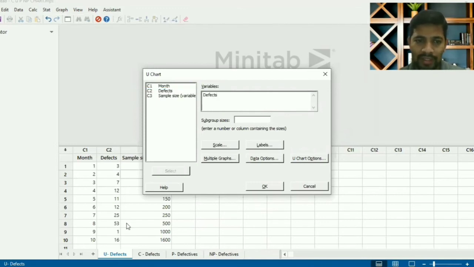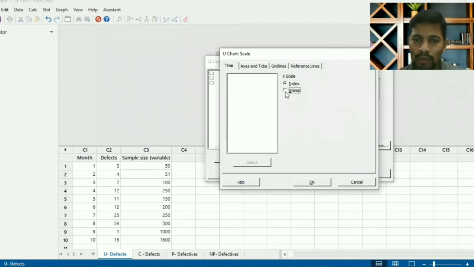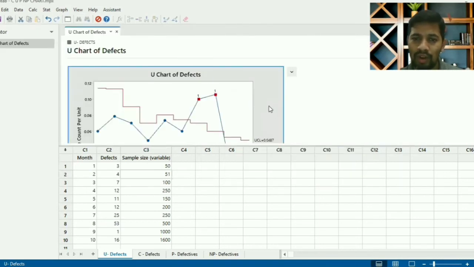These are all my defects. Subgroup size, since it is variable, I can just call the column containing the sizes. Scale, I'm going to stamp by month, so I'm going to stamp by X. Now the chart is ready, super fast.